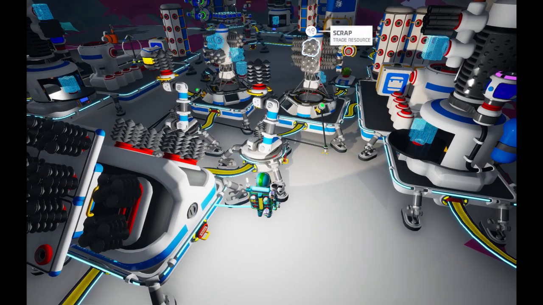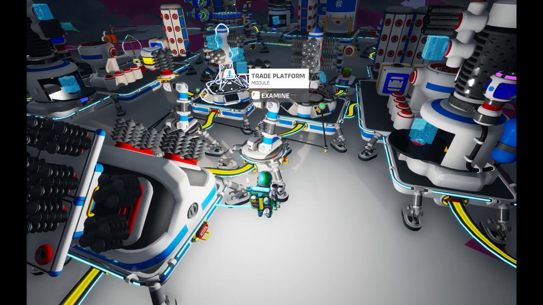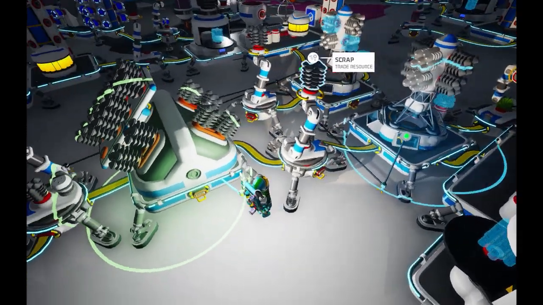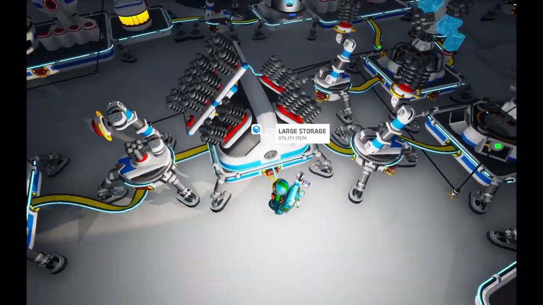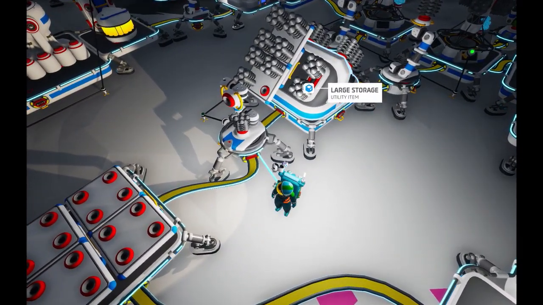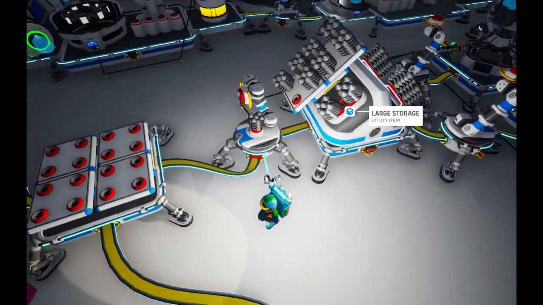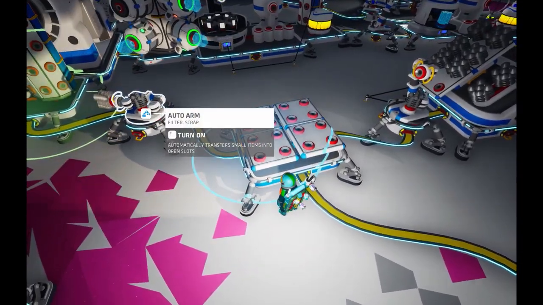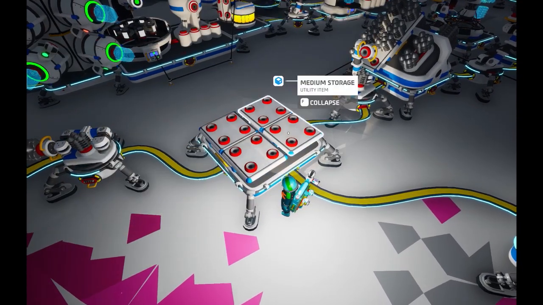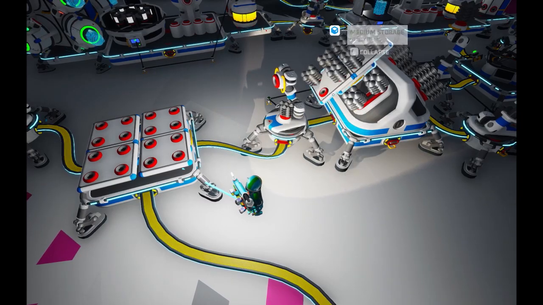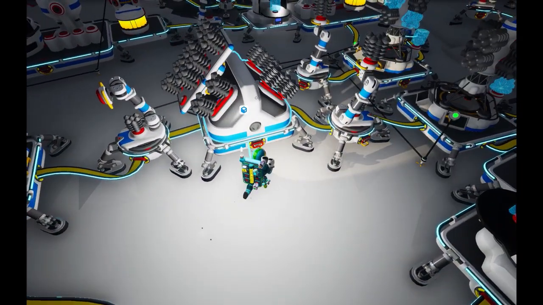So basically these are already full. These two right here are already full. Basically what's going to happen, there's one spot left on this. I stopped it on purpose so that I could show you in the video. I'm going to turn this back on. This is normally on. It's going to put this scrap on this table. This arm is going to take the scrap from this table and put it on here. Once this is full,